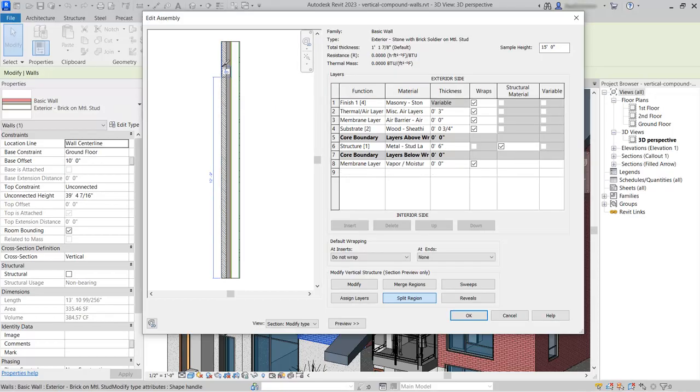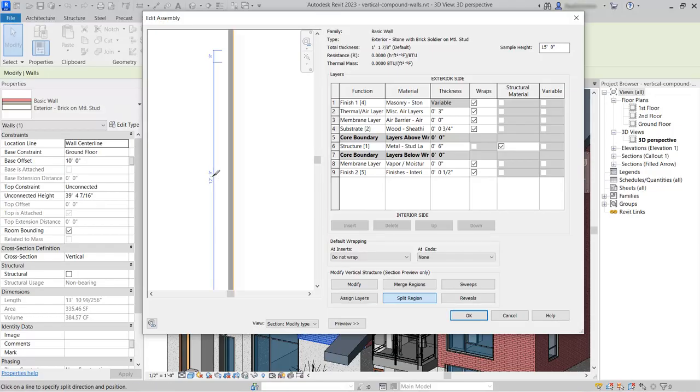And then we'll add a second split line above this one, so that we've got 3 regions. The middle one will become our brick soldier course. So now we want to edit the dimensions to place it accurately, and to do this we need to click Modify from the Modify Vertical Structure tools to enable us to select the split line, and then we can come and edit the dimensions. So let's set this to 12 feet,